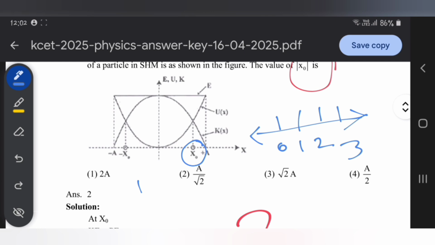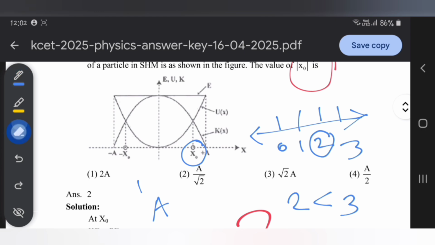So in that case, if I have to find out the 2 value, can I not write that 2 is less than 3? Yes or no? 2 is less than 3, right? In that case, can I not write that